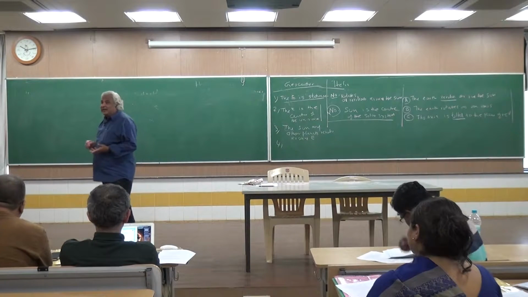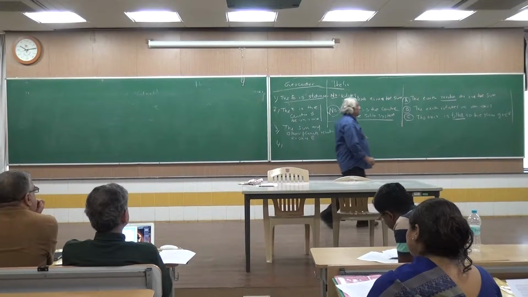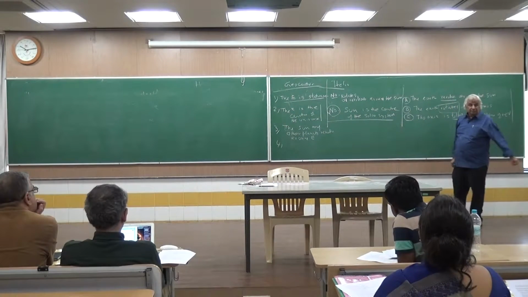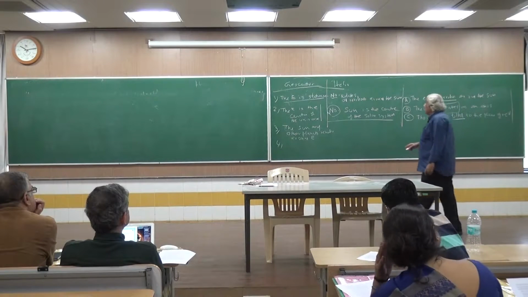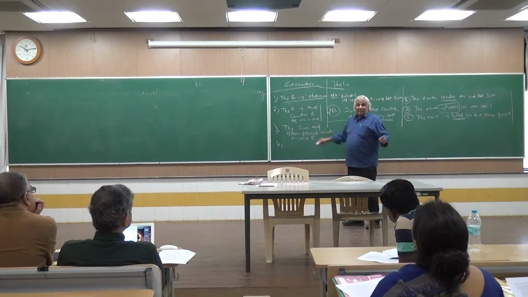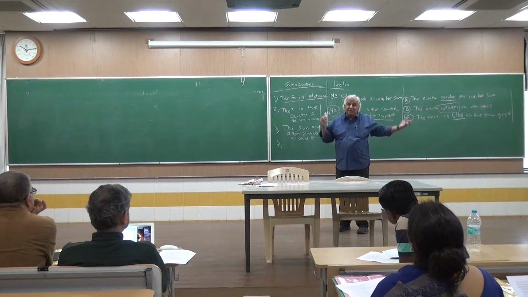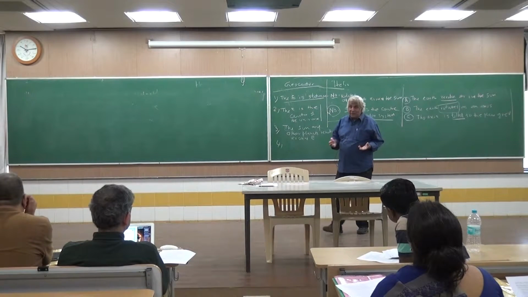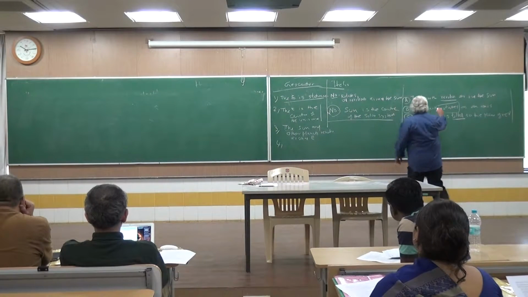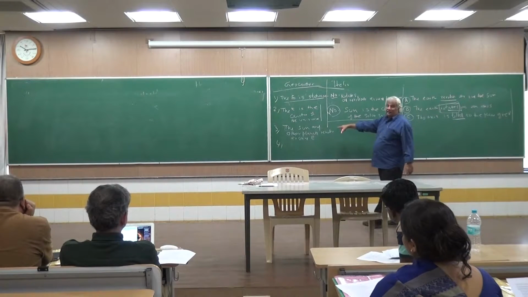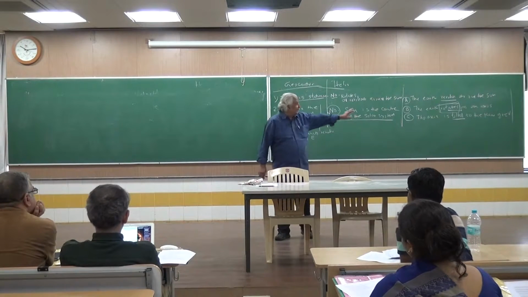So if you look at day and night, notice that this is sufficient. There's a sun here and the earth rotates, you get the day and night effect. And on this side, the earth is fixed and the sun goes around the earth. That will give you exactly the same result. So as far as that is concerned, the first phenomenon can be explained in both ways. But notice the switch. Here the explanation is that the earth rotates, but here the explanation is that the sun revolves around the earth. Earth's revolution is not needed for day and night.